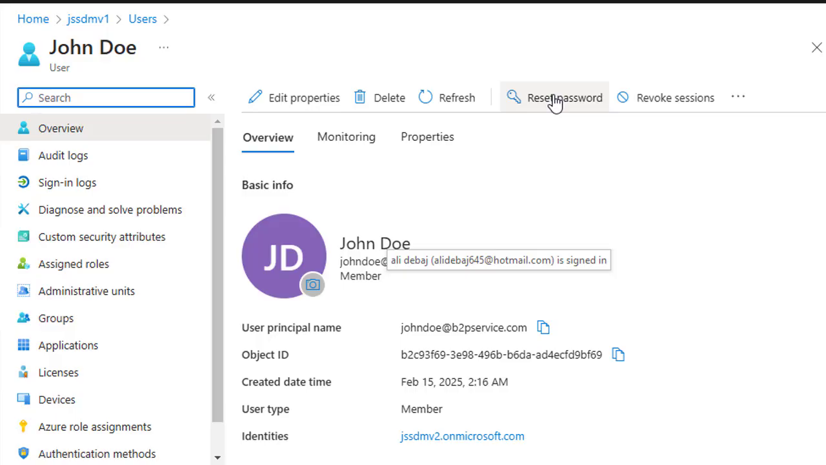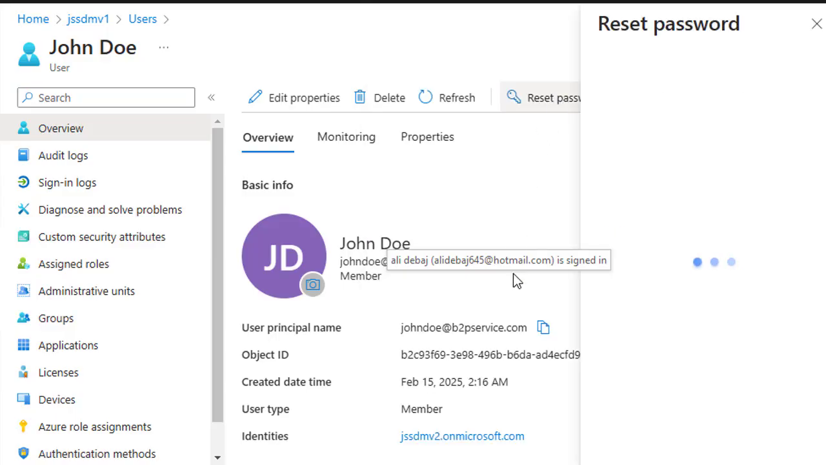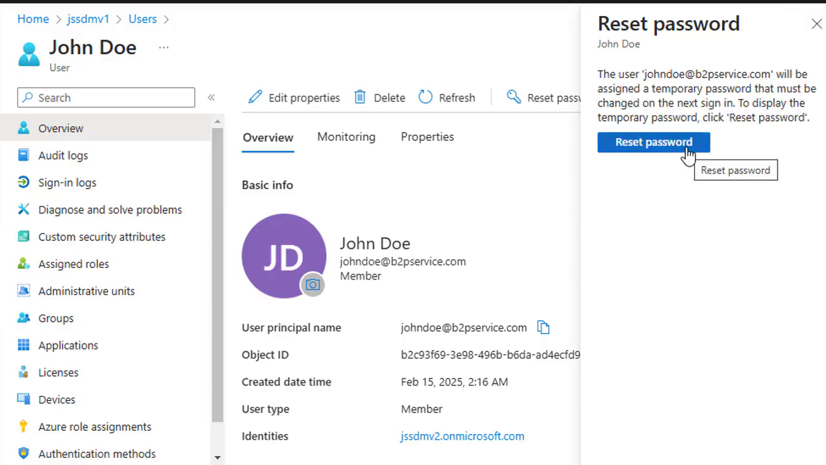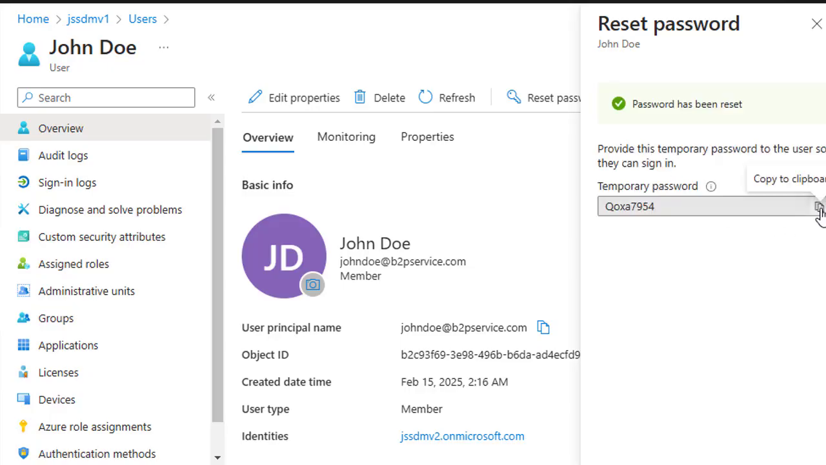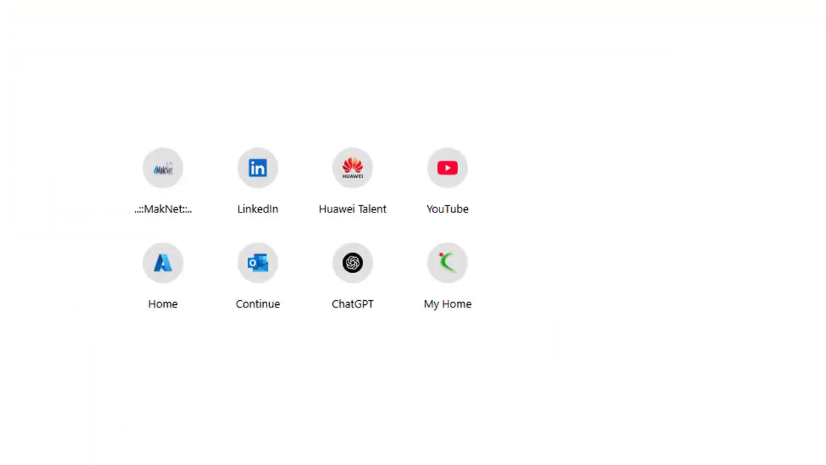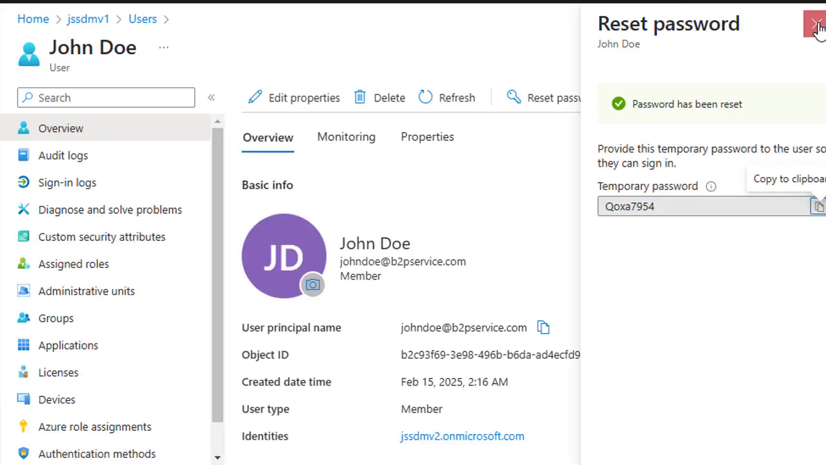And here you can click the reset password button, which is available here on the top. And here you can auto generate a new password, or you can set one manually. And if you want the user to change their password on the first sign in, you need to ensure that the option is selected, and then you can click reset password to apply the changes. So here you can see it says this user will be assigned a temporary password that must be changed on the next sign in, and to display the temporary password you need to click reset password. It will show you the new password here, and all you need to do is copy the password from here and paste it somewhere else where you can keep the password safe,